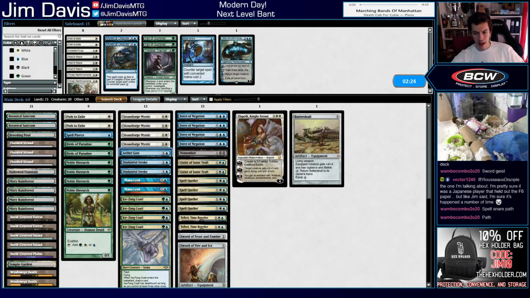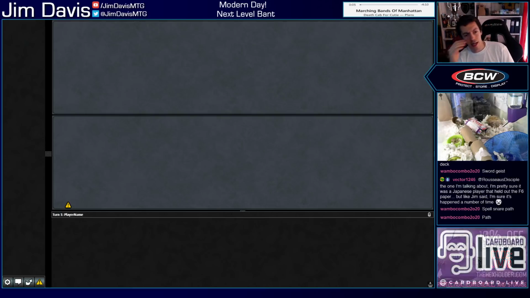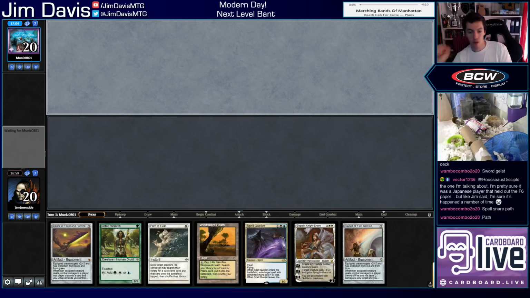Nah, we need a few Paths. If we had Path in that game one, we probably would have won the game easily. You got to kill the 2/4 if they have a Valakut. So,